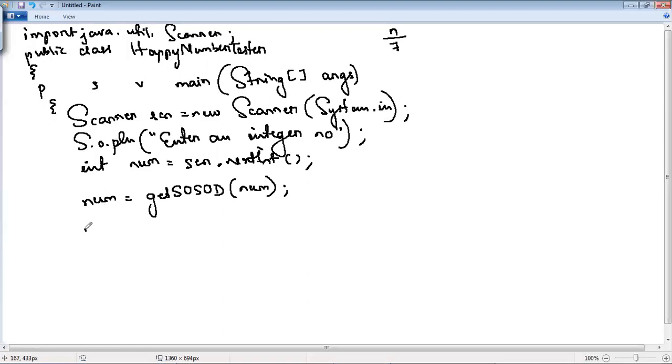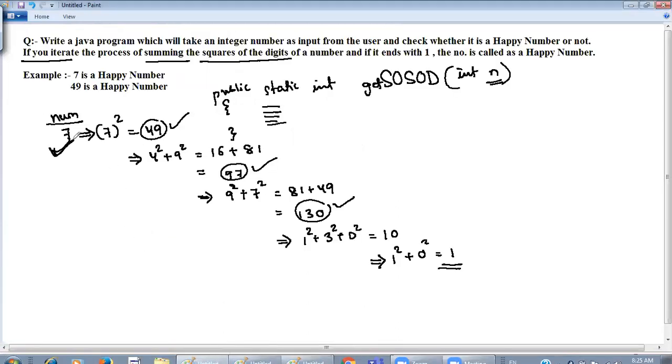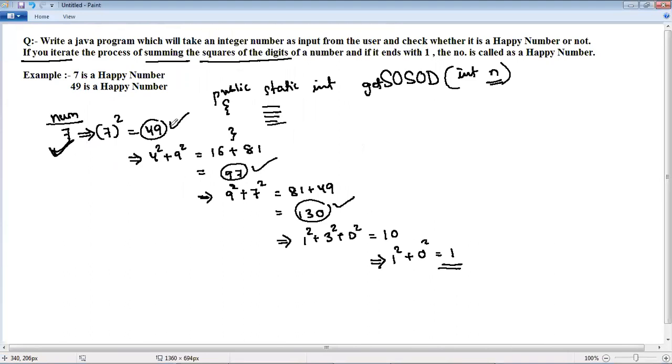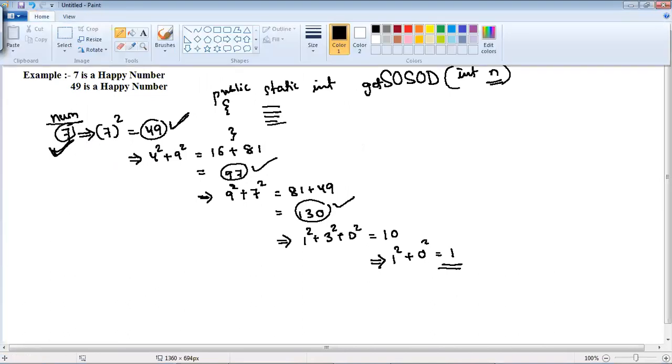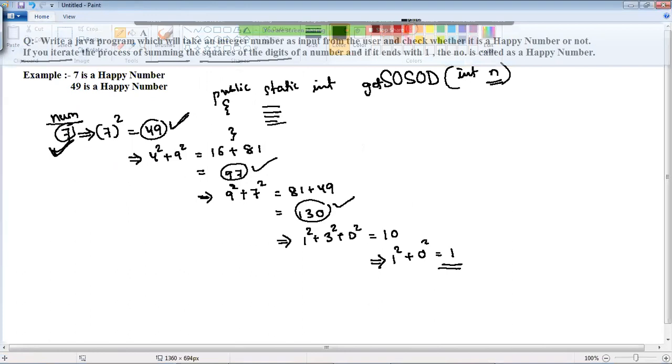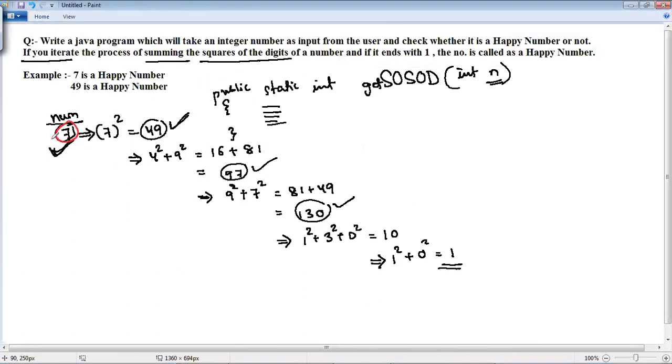Okay, then we will use a while loop. Now what should be the condition of while loop? Focus here. What should be the condition? First of all, the value of num is 7.